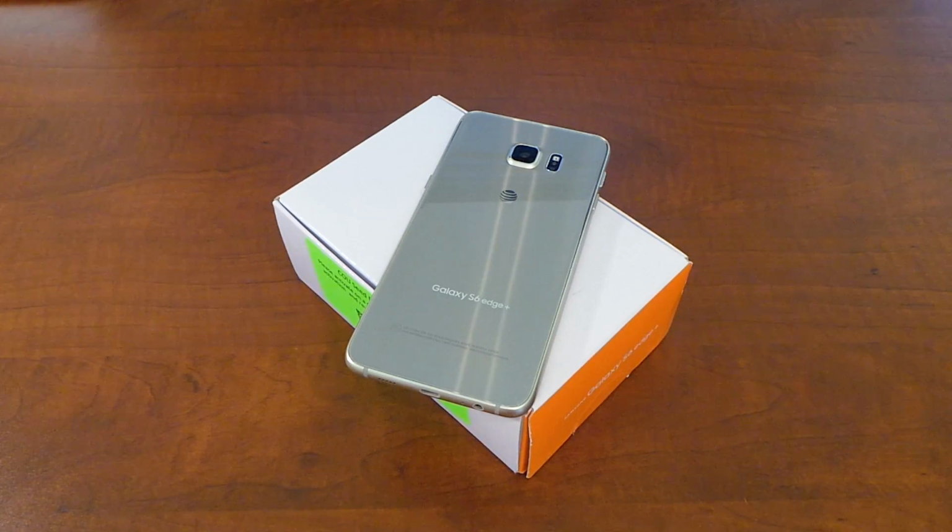This is my review of the AT&T Samsung Galaxy S6 Edge Plus in gold. Now you can pick this up at AT&T's website or any one of their corporate stores. Now it's going to set you back quite a bit of money if you want to pay for it outright. It ranges anywhere from $815, and that is for the 32 gig model. And if you want to bump up that storage to 64 gigs, it's going to set you back